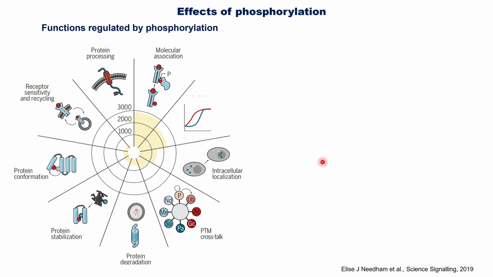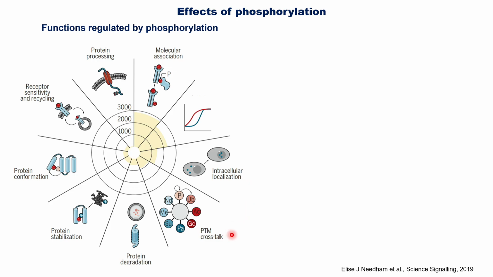Back to the phosphorylation. What are the functions that are regulated by phosphorylation? It's not just activation of kinases. It is involved in molecular association, enzyme activities, intracellular localization. Agree? It's a very important one. And then